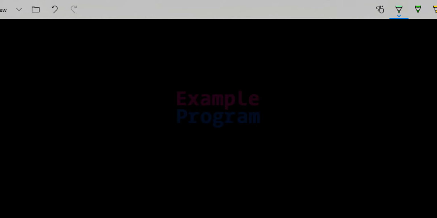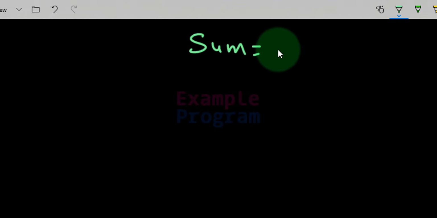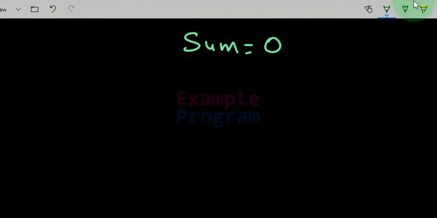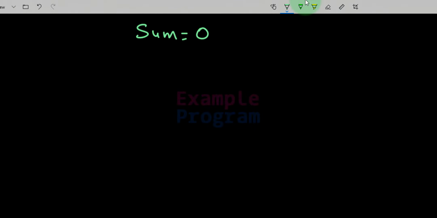follow. So how we're going to construct the logic for this program is, in our program we will use a variable and we will call it sum, and we will initialize this variable with a value of 0, and then we will use another variable and we will call it num count, and we will initialize this with a value of 0.